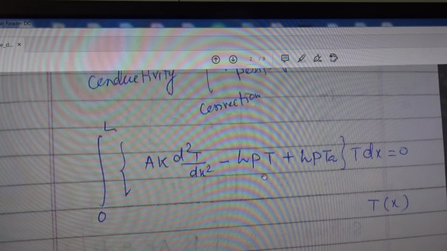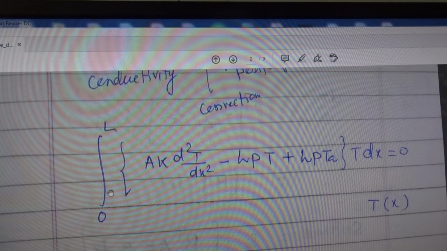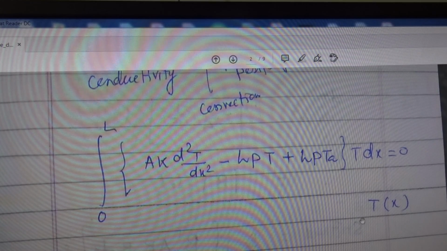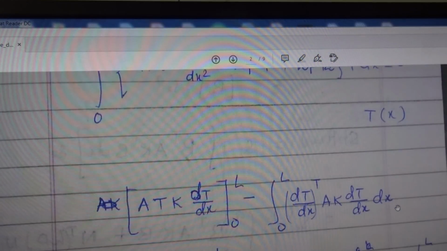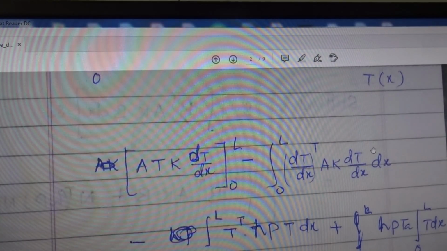You know the Galerkin approach. So integrate from 0 to L of A k d²T/dx² minus hPT plus hPT∞, multiplied by the weight function, considered as T(x) dx, is equal to 0. Here T(x) is the weight function and T varies with x. So when